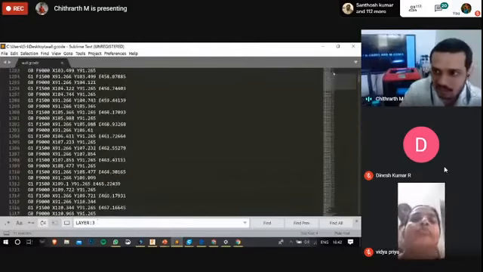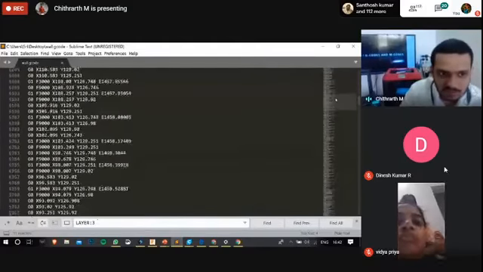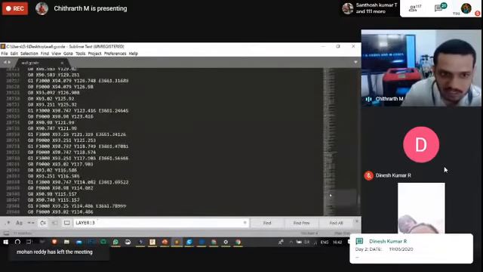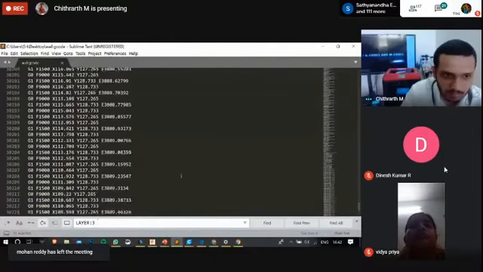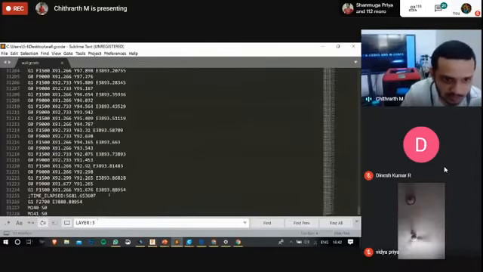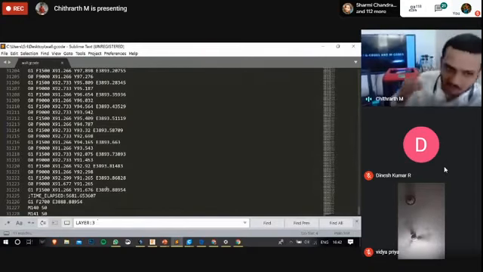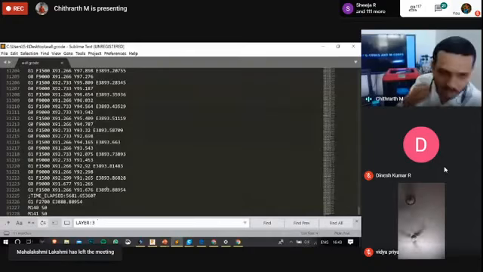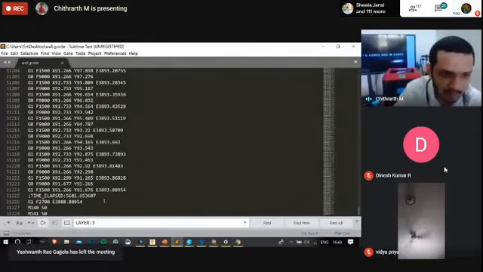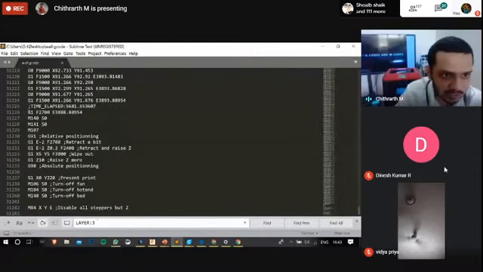So this is how your G code will look, and this particular pattern will run for several thousands of lines until the entire part is finished. At the end of the G code, you will have an end G code part, which tells how the printer should behave once the print is completed. There are certain protocols which the printer should follow: it needs to turn off the heater, turn off the cooling fan, check certain things, and then move its extruder to its safe home position. These kinds of commands will be present once the print is completed. Let's take a quick look into the end G code part, and then let's get back to the next topic.